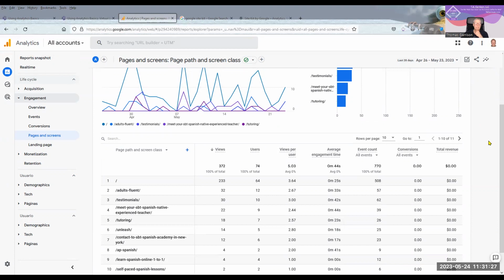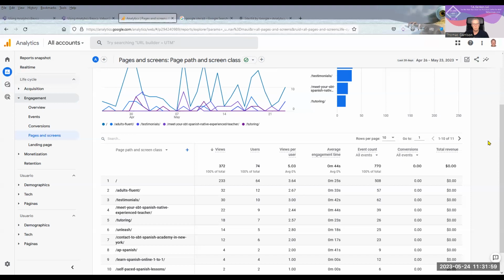If you've got 25 seconds, it's okay, but it's not great. If you've got close to a minute or well over a minute as your average time, that's really good. And of course, if they're spending 2 or 3 minutes on the pages, I need to have you on call so I can have you write my content, because that's good content. If people are taking 2 or 3 minutes to read that page, that's great.